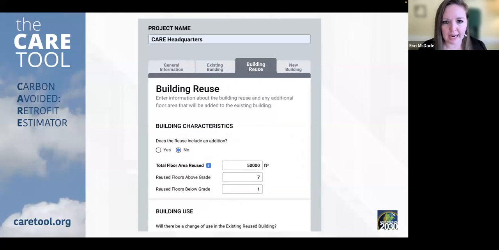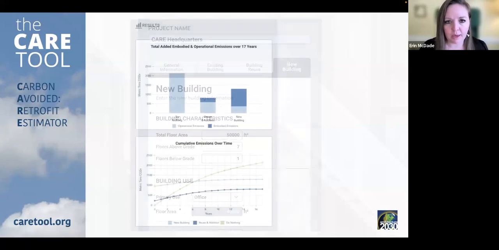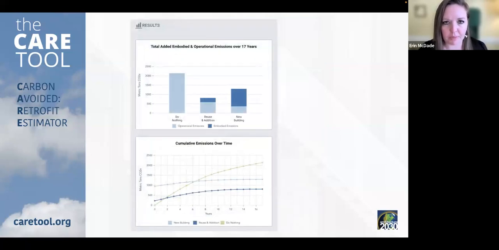The building reuse tab, we'll talk about this a little bit more when we do the demo. This is where you can also provide information if you want to reuse the building, but expand it, make it bigger, change the use type, et cetera. And at the bottom, there are embodied carbon questions, and then the new buildings tab. And once you enter all that information, this is what you get as an output. And so in this example,